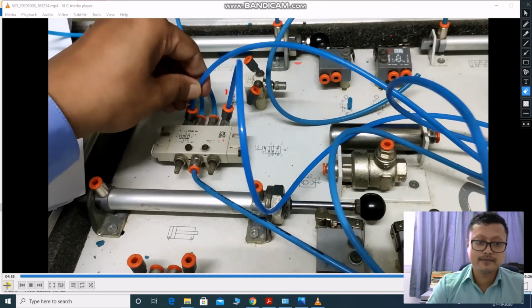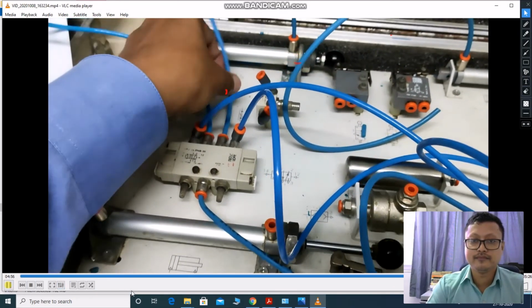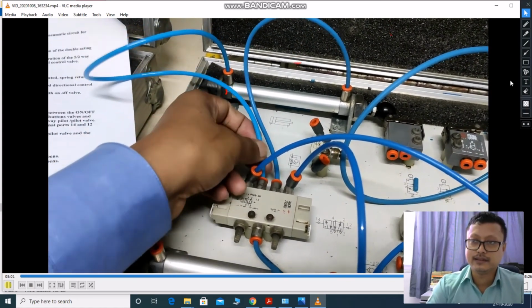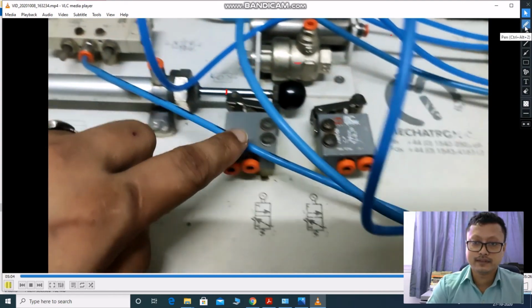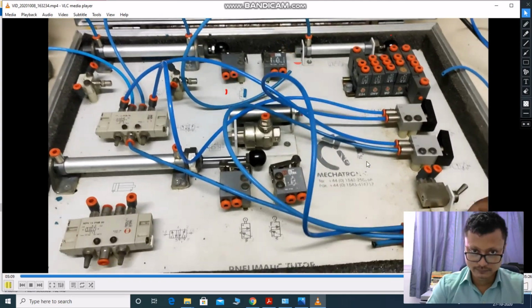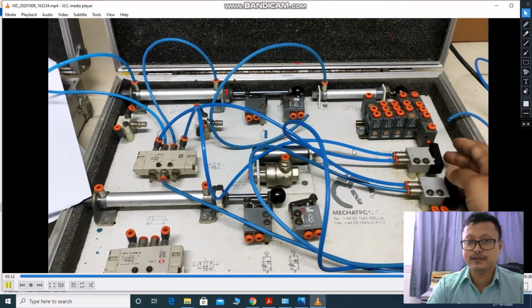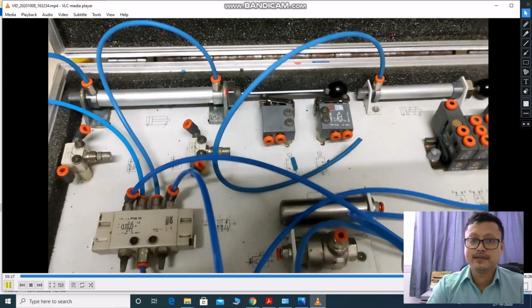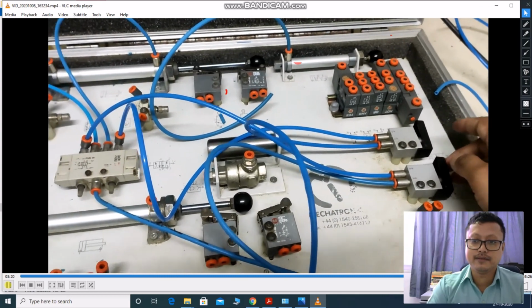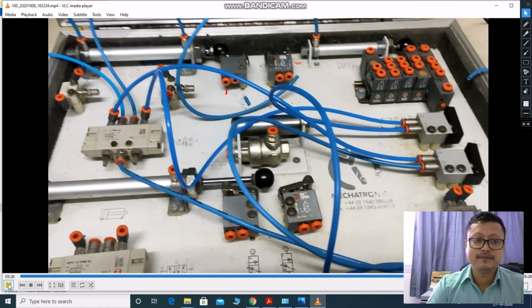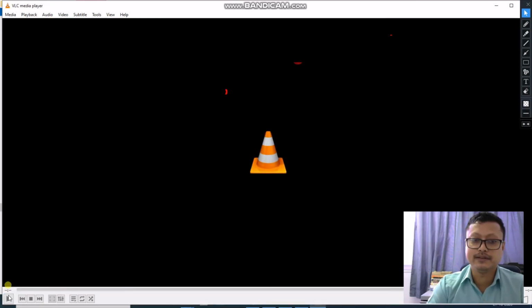Okay, so let's see how it works. These are the pipes we are going to connect with this double acting cylinder, and this is the pipe which is connected to the hand slide valve. Now we click on the computer, pressing the push button accordingly. The cylinder will follow the requirement. Okay. So this is a simple experiment of this pneumatic trainer.